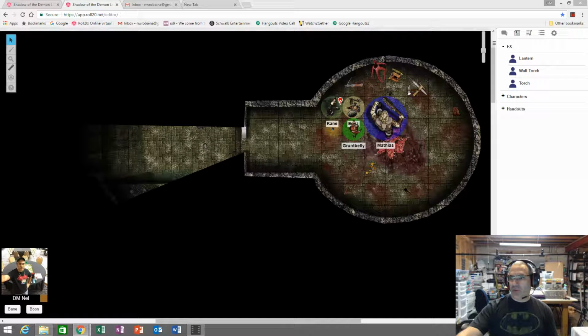Now, during the email exchange that we had during the week, I advised them that they were now going to be leveling up to the next tier, which is the expert tier, and that I would be telling them what they find as they explore the rest of the shrine. So I gave out the loot, which included some enchanted items.